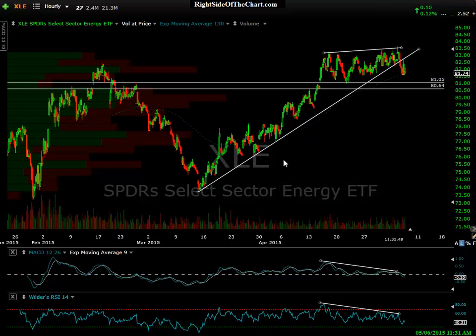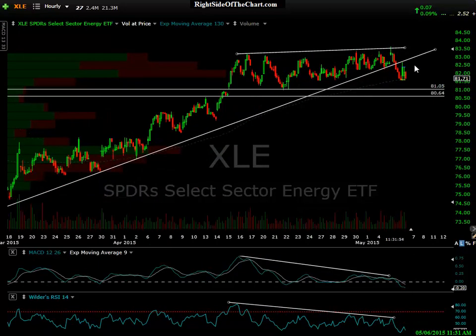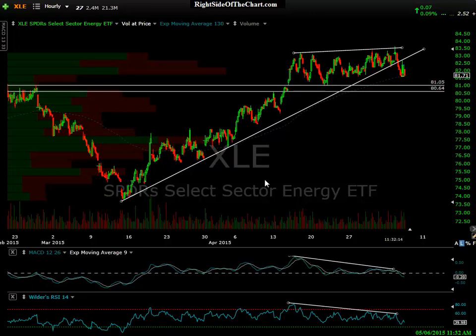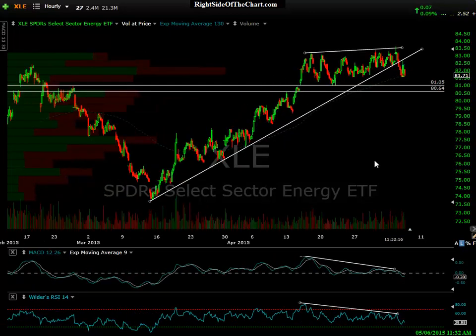And here we see just a very nice uptrend line, rising wedge breakdown. I pointed this out this morning, tried to get that post out before the open. It came out right afterwards. We had this initial pop in energy stocks. I mentioned that being a great time, just an objective short entry. I didn't use the word great time, but personally I added to my short position, and that happened to coincide with a backtest. I mean, a perfect, look at that kiss back on that trend line. I haven't modified this trend line in days or more. So anyways, nice technical action. We had the impulsive breakdown, backtest, and prices have now since moved sharply lower.